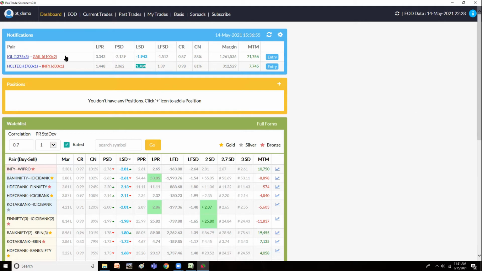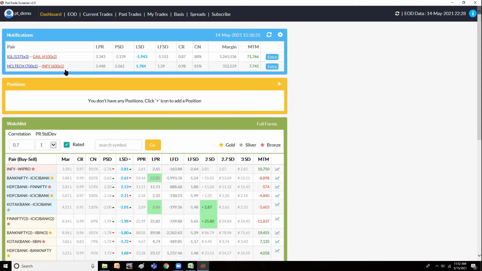And there would be an indication of a safe trade here in a blue color. If that indication is there, that means you can confidently take it, because on previous occasions at that standard deviation level, that pair has given good returns. That's why the pair has been given a rating, as well as safe trade information. This section will be refreshed every 1 minute, so you will get the notification.